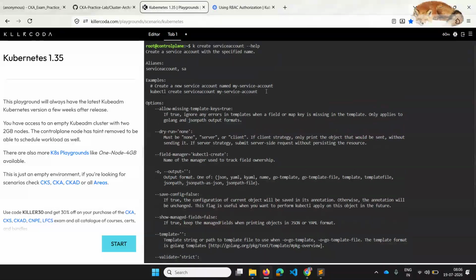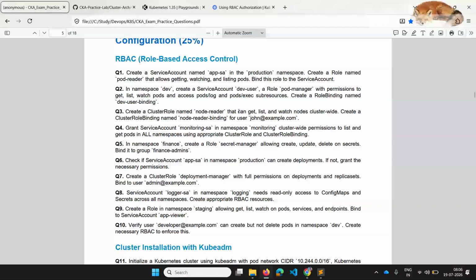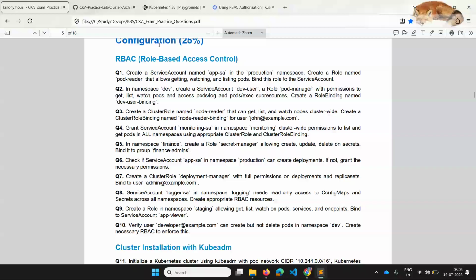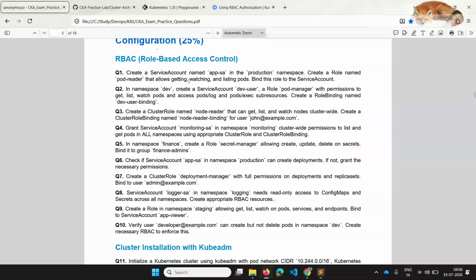You can just create a service account in the namespace dev, with the name dev user. After creating a service account, I will be creating a role.